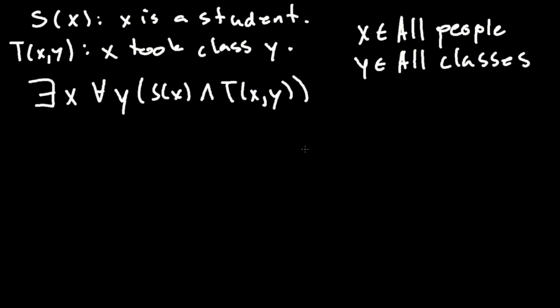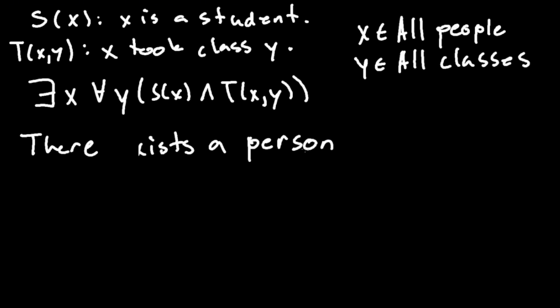Okay. Now here's the thing about this. If I use the standard form I've been using throughout this entire video, a format that I chose to use off of ChatGPT telling me, then the sentence will be too wordy. So let's go ahead and interpret this without using that standard format, and I'll show you how to interpret this step by step. So we have a there exists. So there exists a person, but we can also just say there is a person, right? That's a pretty simple way to say this. So there is a person